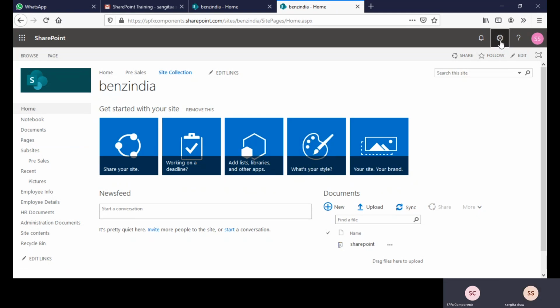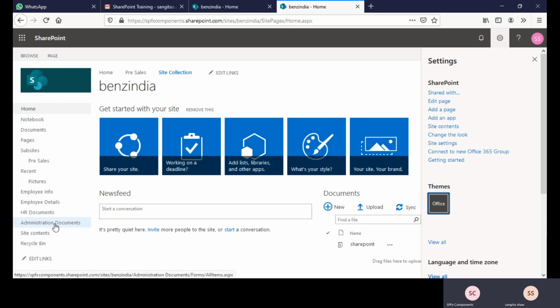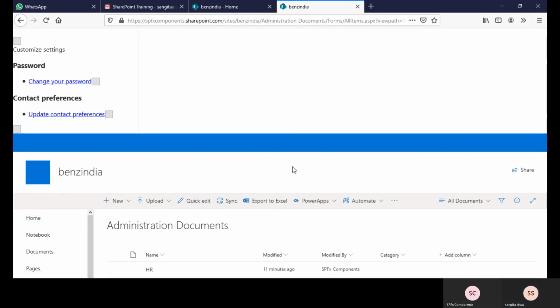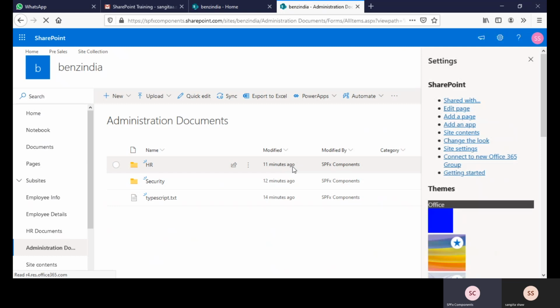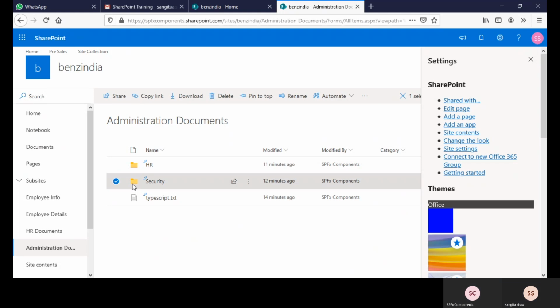Yes, that library, administrative documents. Then click on security, the security link. Click on that.